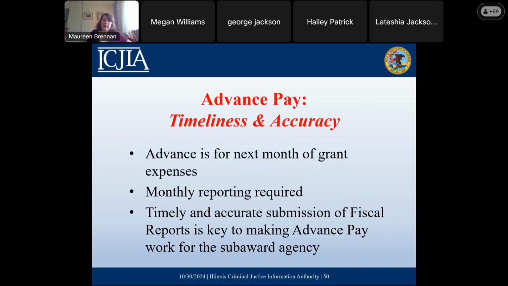A couple of weeks ago, we had a lot of questions about the timing of the reports. One of the questions was, if the report is submitted to us on the 10th, we're not actually going to be reporting a dispersal, because we're going to use the subaward template to be dispersing funds to our subaward partner, but that's not during the reporting period. And that's true. So that might be a situation where you make the decision that an advance pay might be appropriate